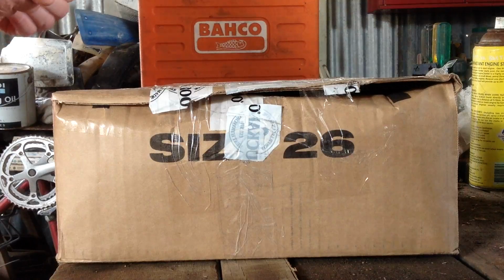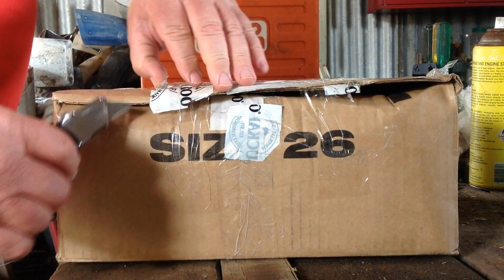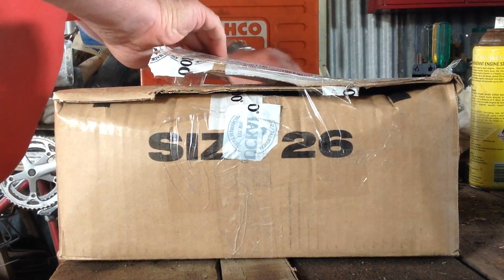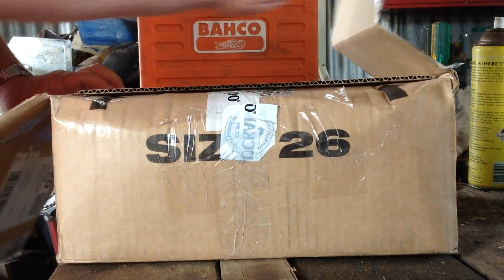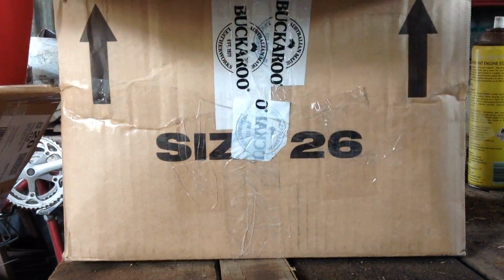Hi there folks, I've just received my new Milwaukee compact brushless drill driver, the CBL DD. I believe in America it has a number like 2701, 2702 or something. It seems to be a bit different out here in the Australian market, but anyway, I bought this one from